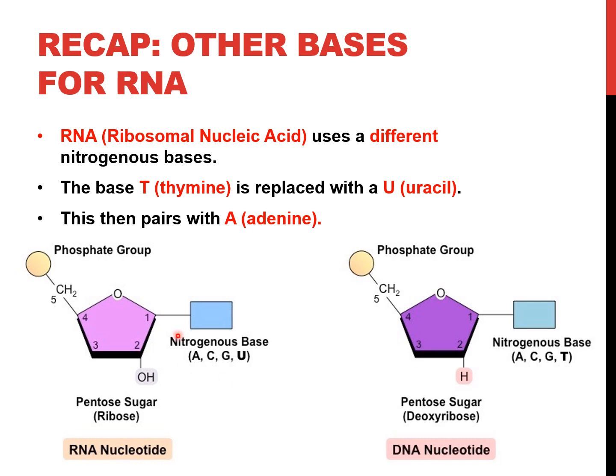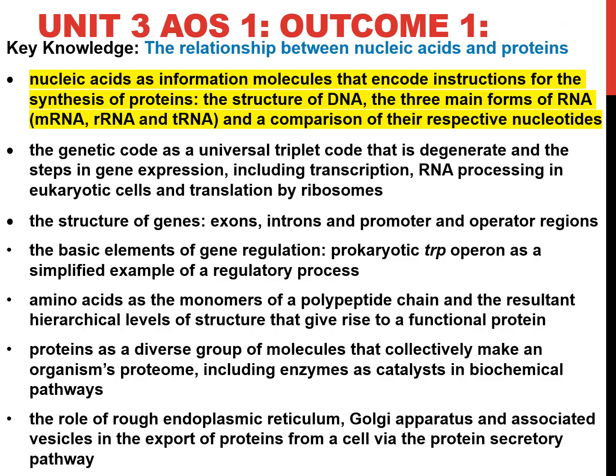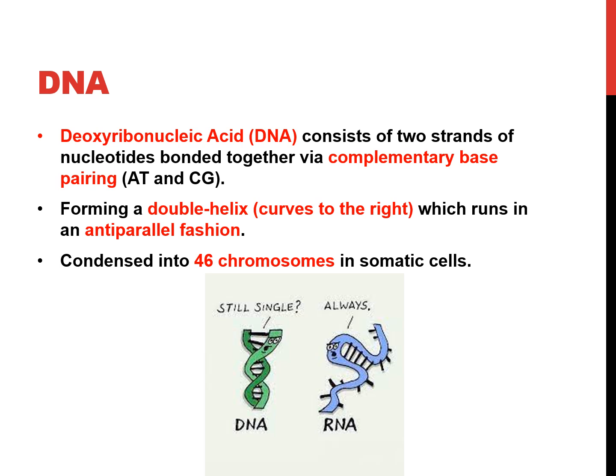The other bases are pretty much T gets replaced by U. So A and U go together just like A and T go together. And that's only if it's RNA. So we're going to look a little bit more at DNA and RNA today. Again, that's your dot points. Let's continue on. So DNA consists of 2 strands of nucleotides bonded together, whereas RNA is this one or